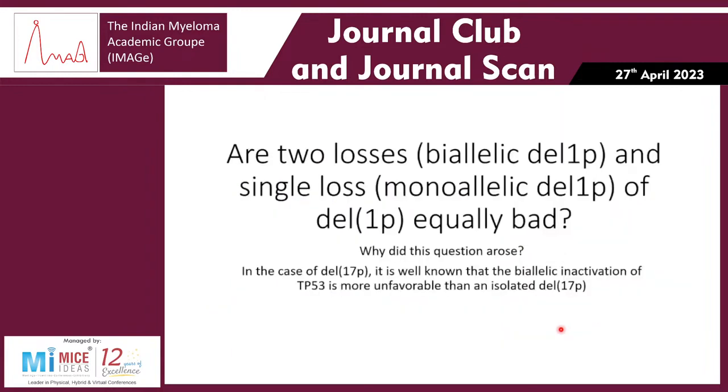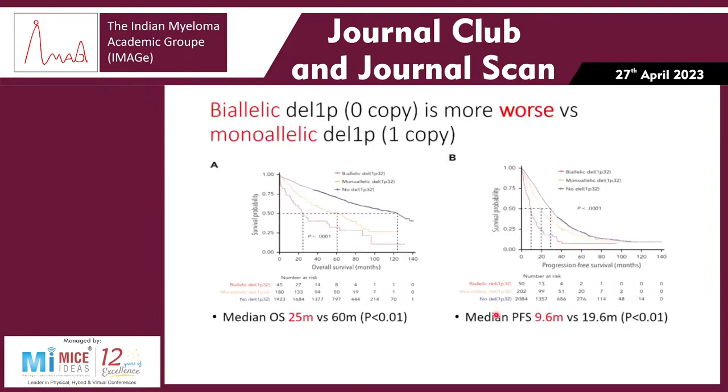We know from deletion 17p that biallelic inactivation of TP53 is more unfavorable than an isolated 17p deletion. Does the same thing apply for deletion 1p also? The answer is yes. Those with biallelic deletion 1p had the poorest survival with a median OS of 25 months versus monoallelic deletion 1p, which had a survival of 16 months. And the same applies for PFS, with the biallelic cohort having a median PFS of 9.6 months versus the monoallelic, which had a PFS of 19.6 months. It is important to note that the monoallelic still fared poorly as compared to those who did not have any